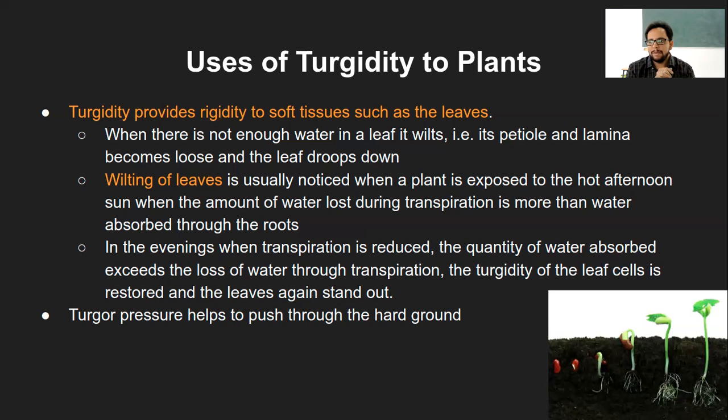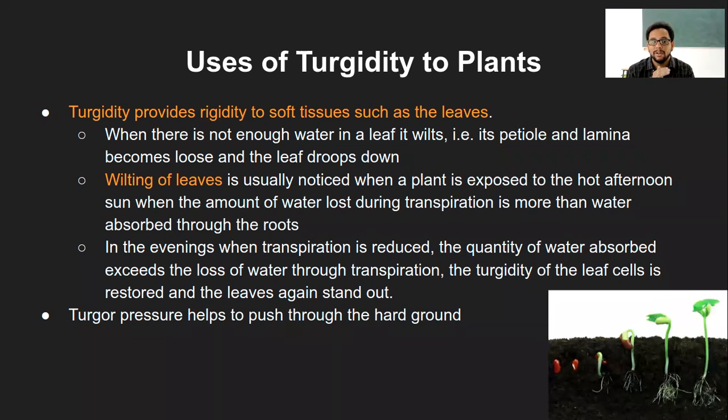Now, imagine a particular case study or situation is given to you, like let's say there is a plant in a desert where the temperature is 45 to 50 degrees every day, and the plants are always wilted. What is the reason? The reason is the amount of transpiration is more, so water loss is more compared to the water absorbed by the roots. So the plants, or rather the leaves, undergo wilting.